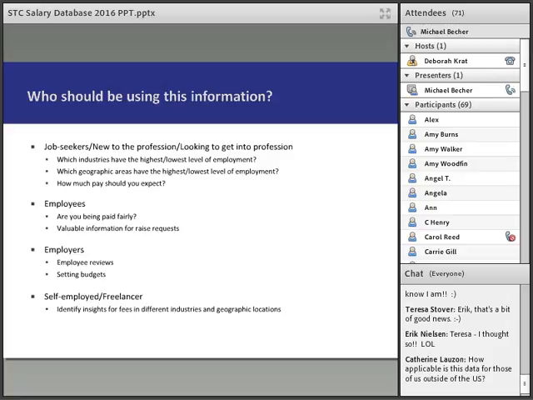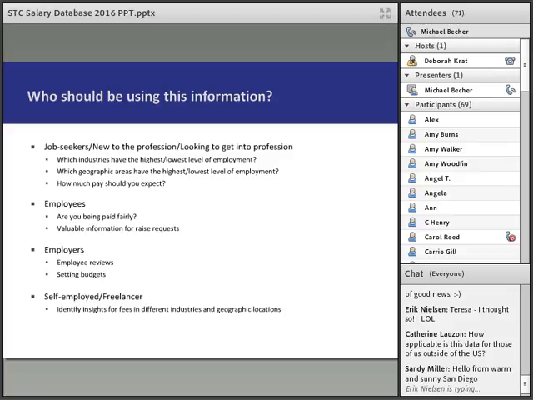There is a question here about how applicable the data is for those of us outside the U.S. Some of that just depends on where you're located. The U.S. does have by far the most information on employment and wage trends for more professions than anywhere else. But, if you're in Canada, we have some employment projections for Canada that we found. We don't necessarily have wage projections just because that's a little bit more detailed. But it should be able to give you some guidelines.